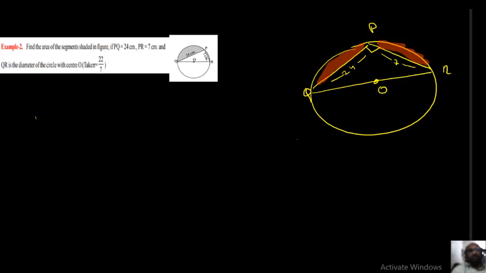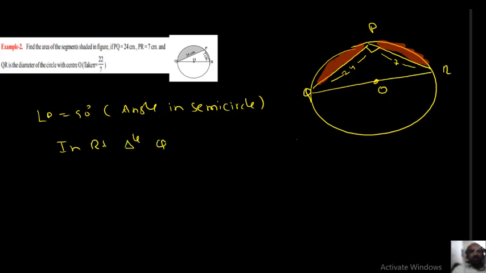So first of all, from the triangle. What is the triangle? It's not mentioned, but that is 90 degrees. You can write from the triangle: angle P equal to 90 degrees. I will write first, angle in a semicircle. So in right triangle QPR,